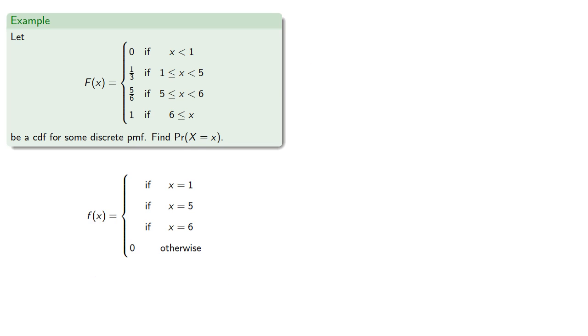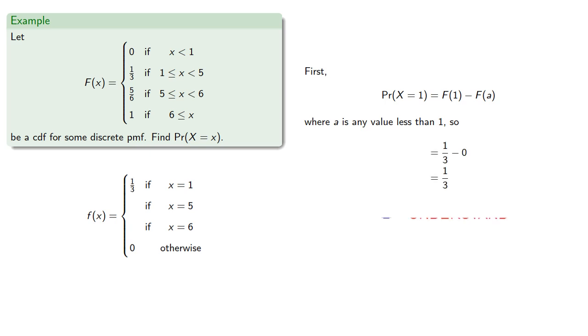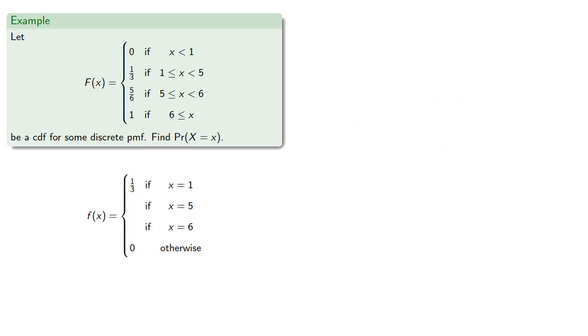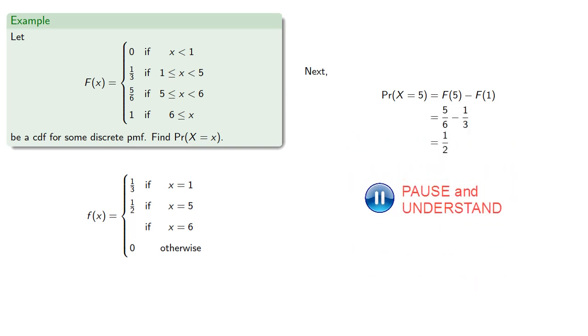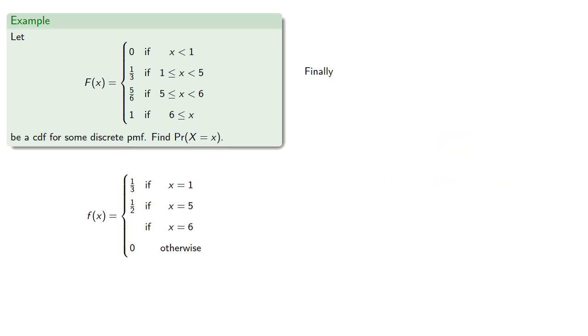Next, we note that the probability that x equals 1 is f of 1 minus f of a, where a is any value less than 1. So that's going to give us the probability. Next, at our second value, x equals 5, our probability is going to be the difference between the consecutive values, f of 5 and f of 1, which will be. And finally at 6, our probability will be the difference between the consecutive values, which will be